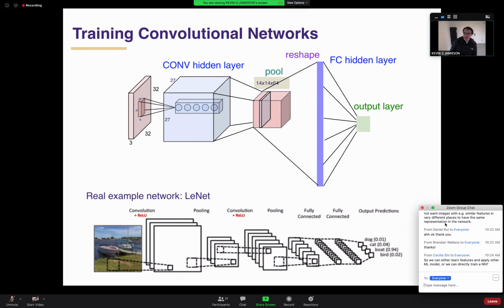what people do in practice is Google will train some enormous network on images, or Facebook will train a neural network based on all the images on Facebook, on some unsupervised or self-supervised learning task. Then they'll publish that output layer. So basically, you can push any image through that network, and it will output an output layer of size 1,000. And then you can use that in an SVM or in a couple-layer neural network or anything like this, and it will work